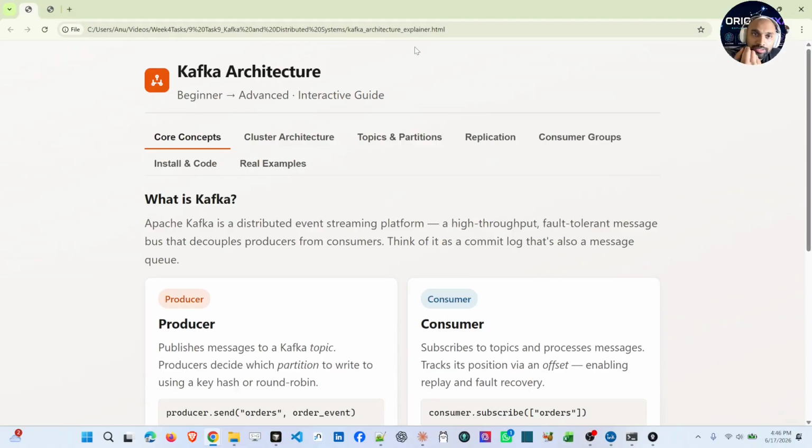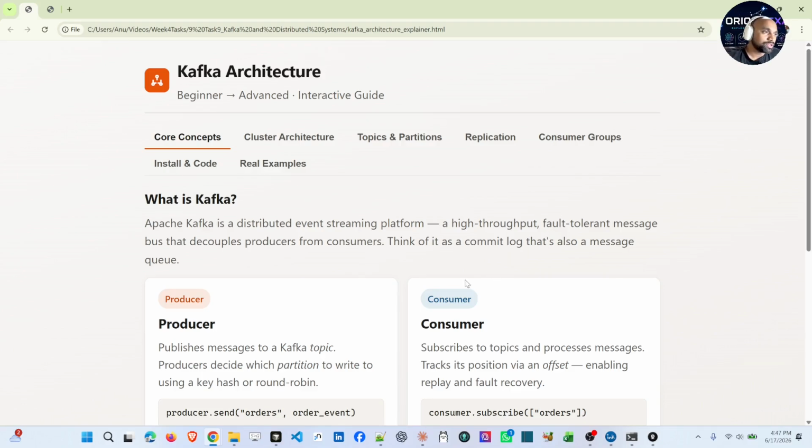The second thing is that it is horizontally scalable. We can add more brokers into the Kafka system and scale out horizontally. It is fault tolerant. Failure of one node is not going to bring the Kafka service down, because we have something called the replication factor. Whenever data is written to a Kafka topic, it will be replicated three times. If one node goes down, we can get the data back from the other two nodes.